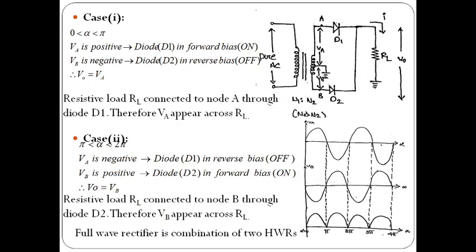So you can observe the output waveform of this center tapped rectifier. That means in this output you will get two half cycles, a positive half cycle and a negative half cycle. Yes, in the total time period 0 to 2π, we are applying positive and negative cycles of the pure AC, and the two are converted into the output. So in this output we can observe the two half cycles. So it is a full wave rectifier. Clear? So next,